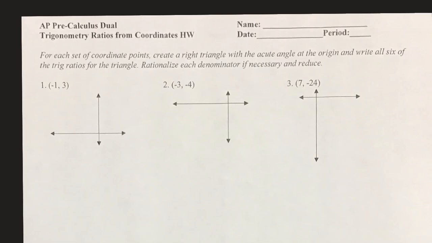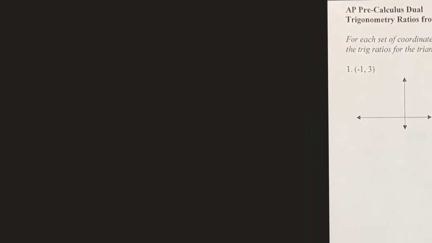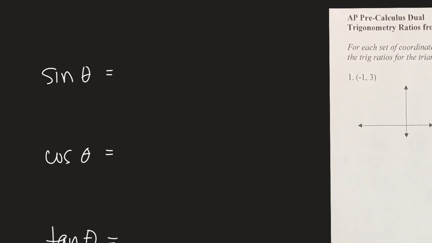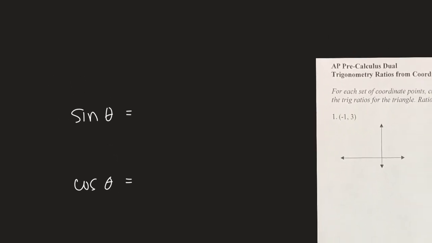Okay, so we have trigonometry, right? There are 6 trig functions that you should be familiar with. Our 3 basic ones, sine, cosine, and tangent, those 3 basic ratios. So if we were to have a right triangle, and we had our reference angle,